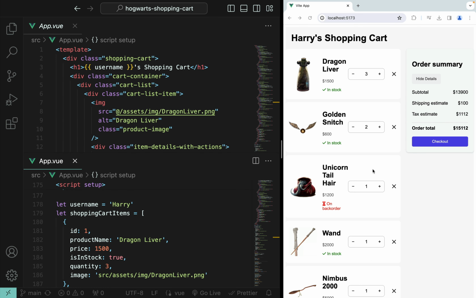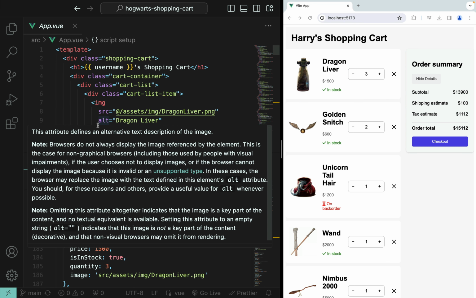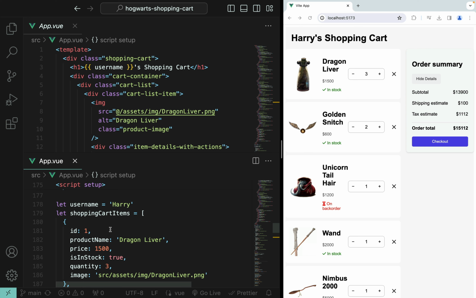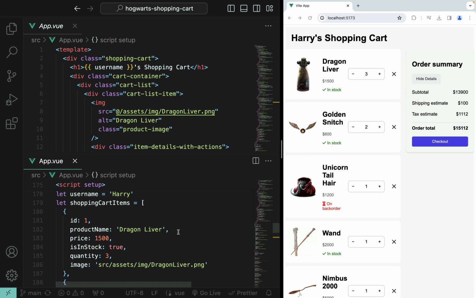Okay, it's Hogwarts shopping cart time. Let's apply what we just learned, v-bind, into our Hogwarts shopping cart project. Right now, as you can see, the src and alt of the image are hard-coded. But both are available in the data. Look at here. So this is the data of the first cart item. So what we should do is,